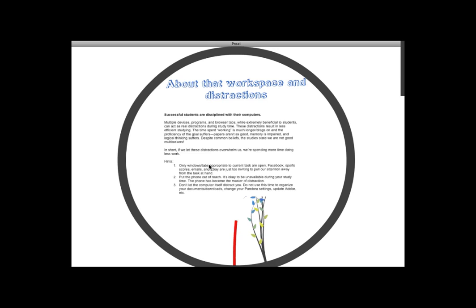Okay. Put the phone out of reach. The phone has become the master of distraction. It's absolutely true, and I think we all agree to that. And then the computer itself can actually become a distraction. Sometimes you open up a Word doc and you want to play with the settings, and just too much stuff can happen. Adobe will pop up and it'll want you to update it. How much time are you going to spend on updating or setting your preferences? But it's a big one, and I'll be honest, successful students, they'll sit there and their workspaces are exactly that,